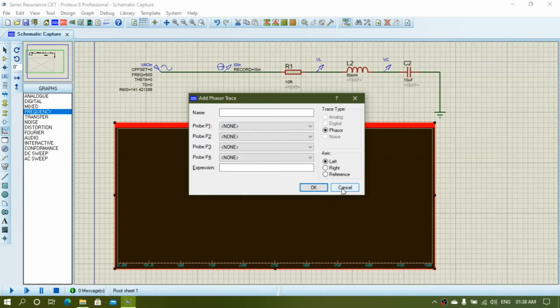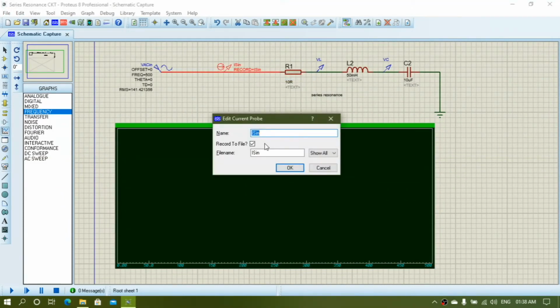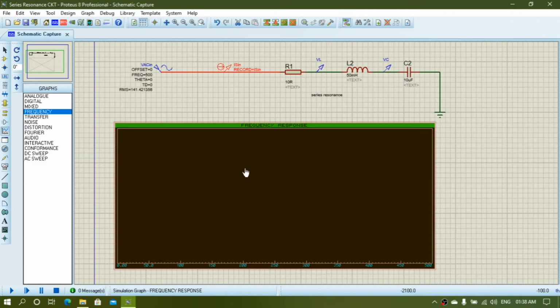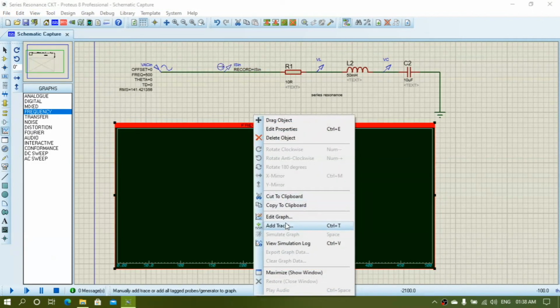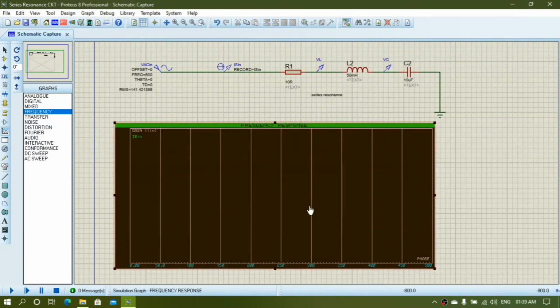I already wrote over the name of this current probe as I sign. So you will have to give the address as I sign and click OK.